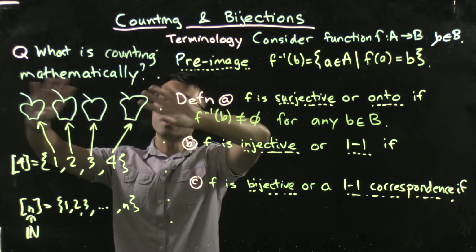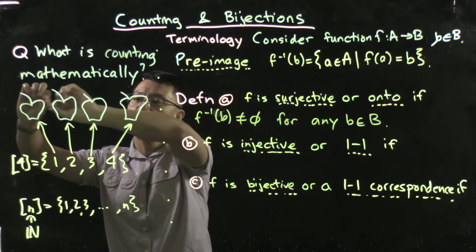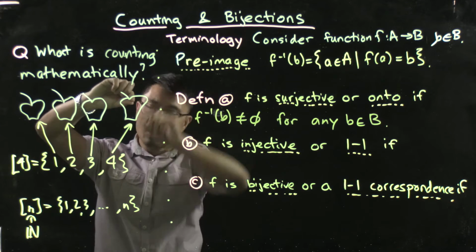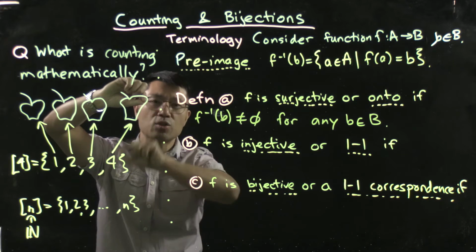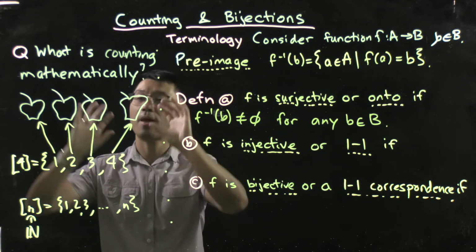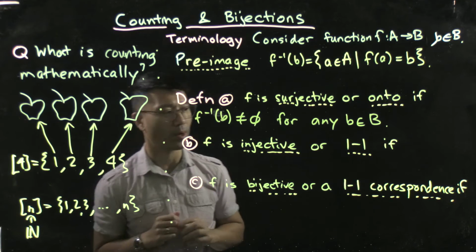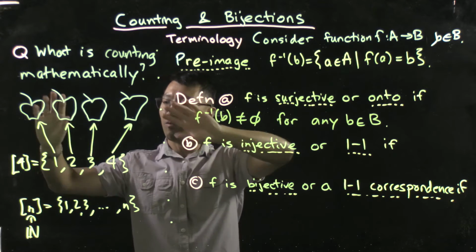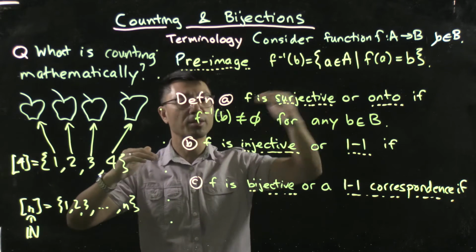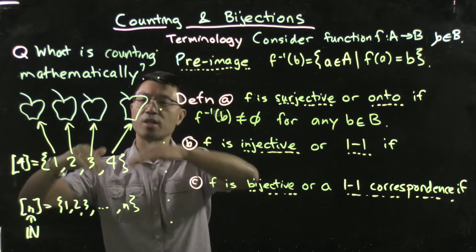So in this case here, it means that if you have anything in the codomain, any of the apples here, you've counted it at least once. There's some number that maps to it. So you've counted it. That makes sure that you've counted every single one of them. So that's good. So for the types of counting functions we want something which is a surjective or onto